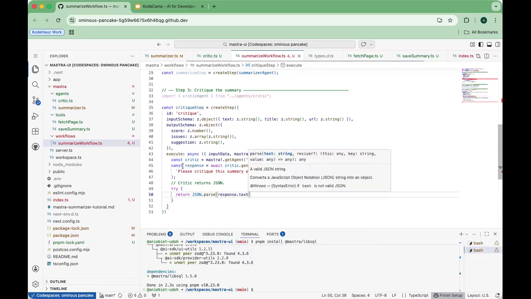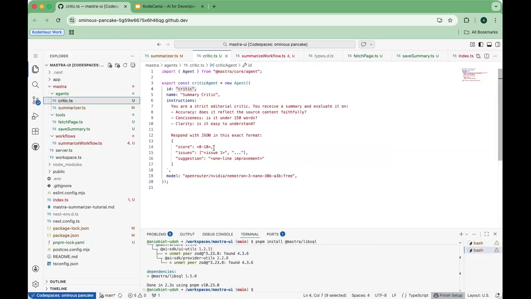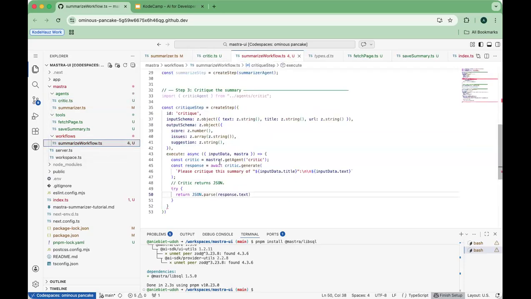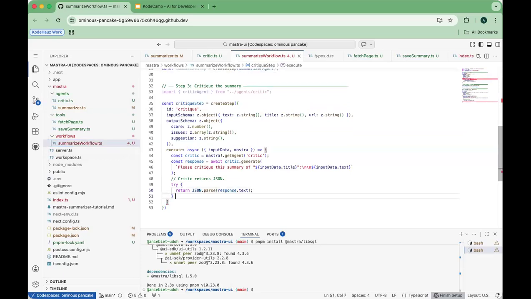And if you remember the instruction we gave the critic, this is the format of the JSON that we asked it to give, right? Respond in this exact format: score, issues, and suggestions. So it's actually going to hopefully do that. If it doesn't do that, then of course we will catch the error